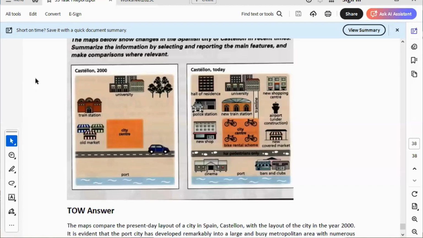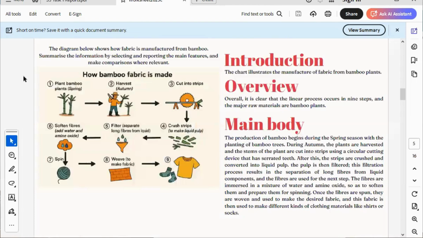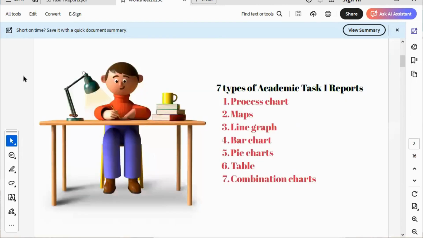So the next thing is what I call data-based charts. If you remember what I said earlier on, we have 7 types of reports. You have process charts, we've talked about that. We have maps, we've talked about that. Then we have number 3 to number 7. These are the things I call data-based charts. Let me type that out for you. Data, we call them